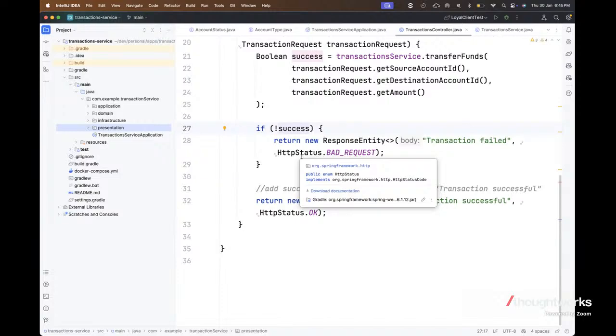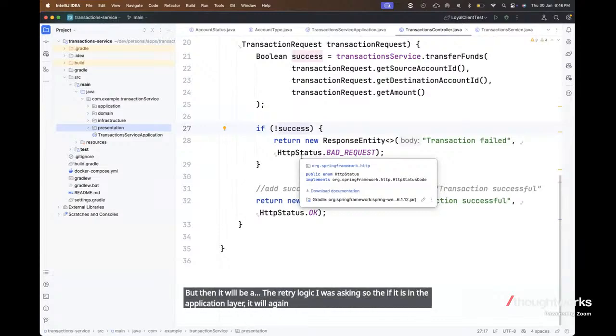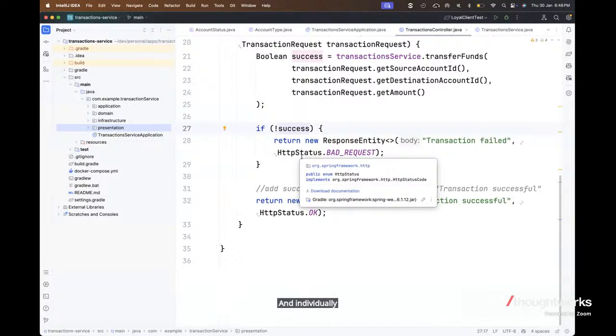The retry logic is application behavior. Application behavior. But then it'll be the retry logic I was asking. So if it is in the application layer, it'll again be the domain logic, right? Because it has failed and individually it has failed, I have to retry. Is that not the business logic? Individually, which one has failed? If it